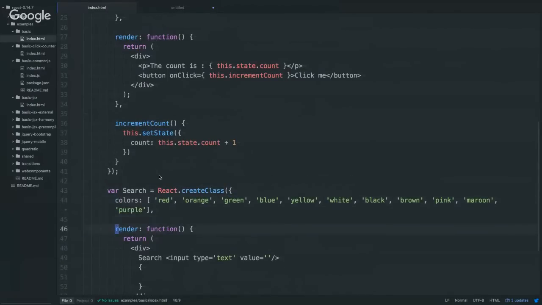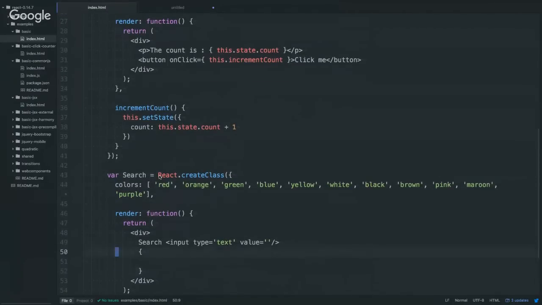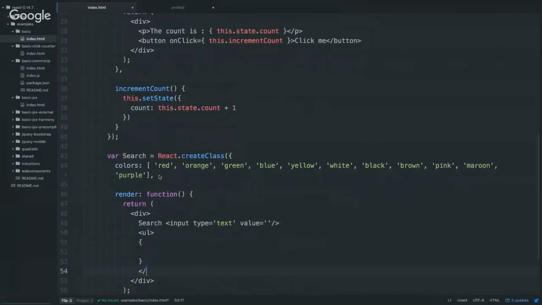Okay, so we have a list of colors. What we'll do is just display a list of it. What we have to do is just colors.map, function color, and we'll return a